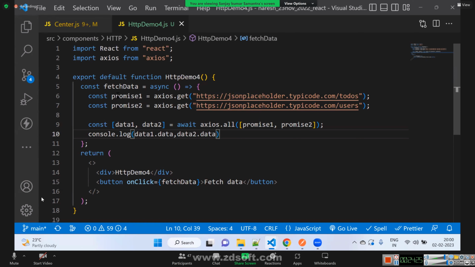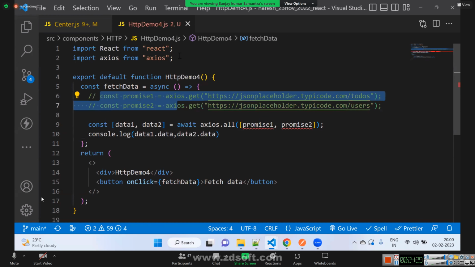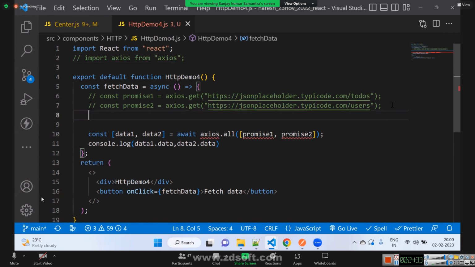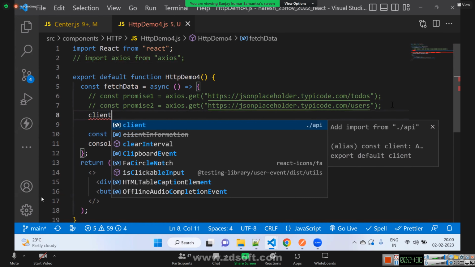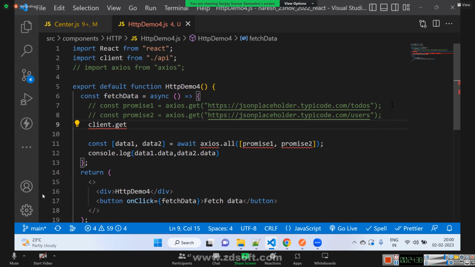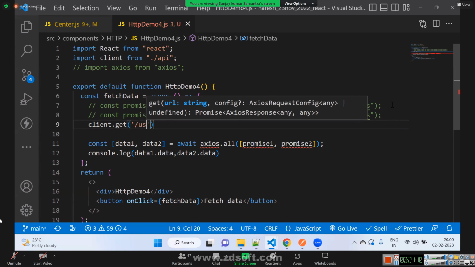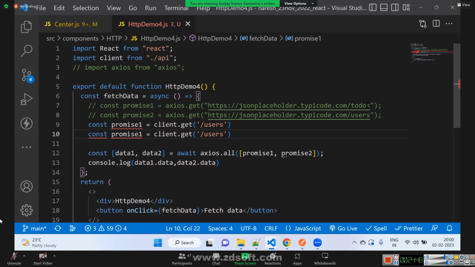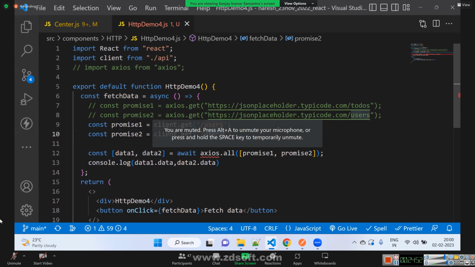Yeah. The thing is, if you want to use a client, we can do that. Just comment it and import. Just say client.get users, const promise1, promise2 comments. No, that's fine.